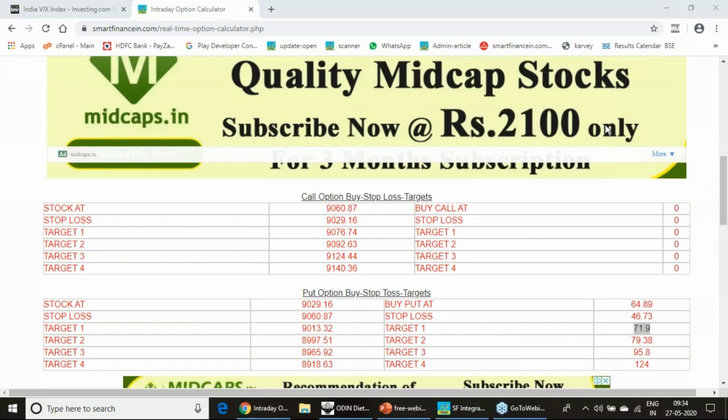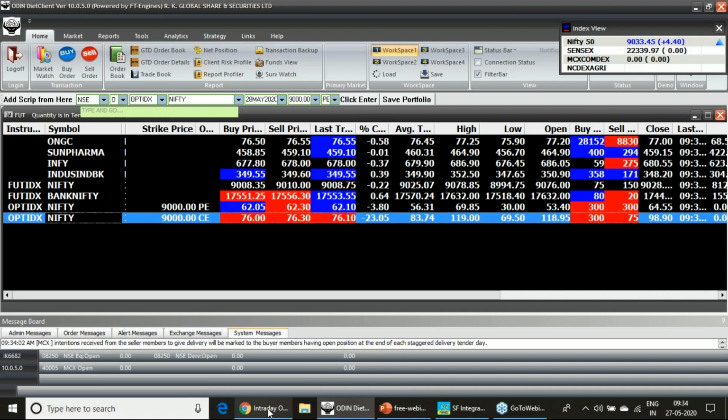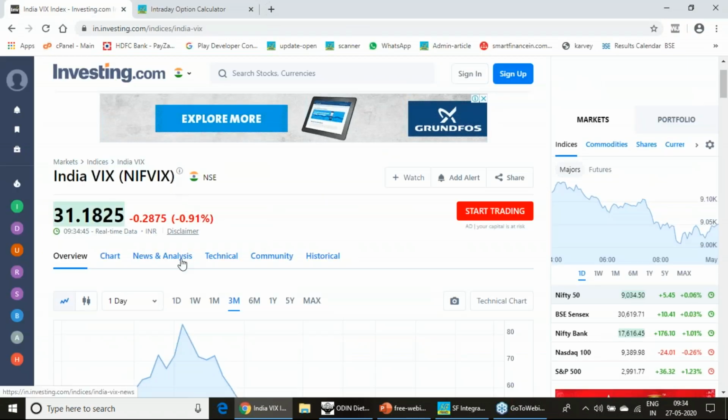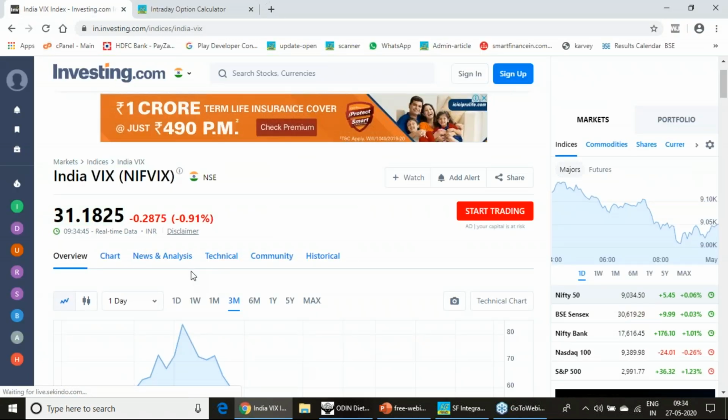So put option given a breakout, you can think of buying a put with a stop loss of 46. However, now hold on, do not enter this trade. There is a catch here. So yes, this is the highest open interest in this. So there is a catch here, and the highest open interest in that also is there.